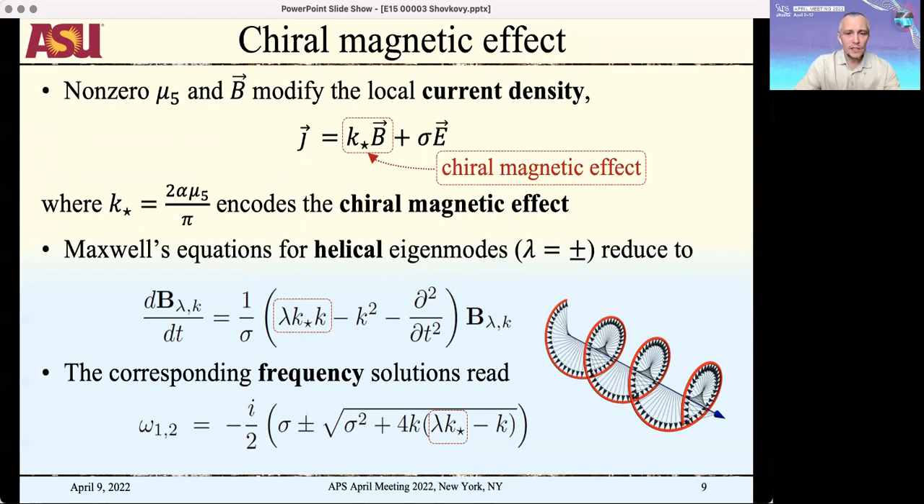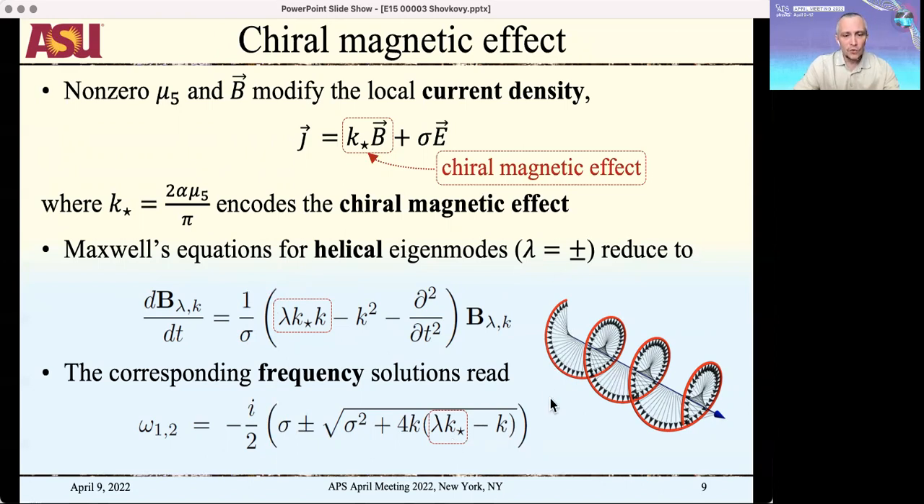In the presence of such a chiral magnetic effect, the plasma is known to develop the chiral plasma instability. One can see this by considering Maxwell equations for the helical modes in the plasma that satisfy the corresponding equation. And the chiral magnetic effect term is highlighted by the box in the next two equations. In the presence of the chiral magnetic effect, the corresponding frequencies of the modes are given by the solutions omega-1